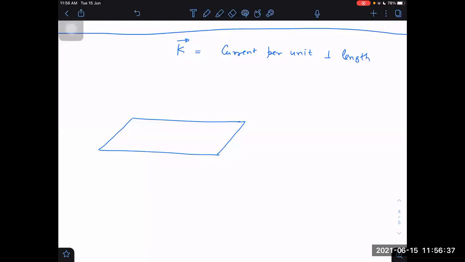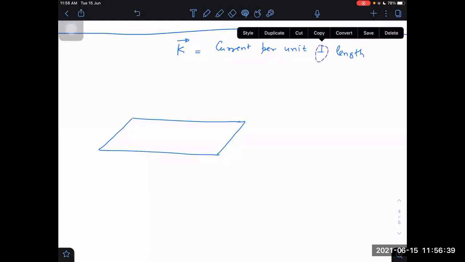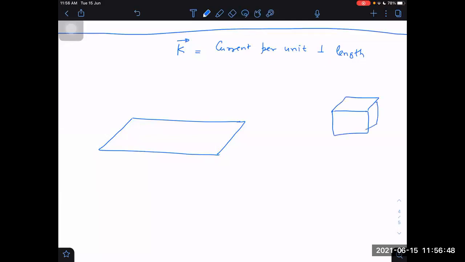Now obviously I can just take a wire and keep making different shapes, and I can keep asking questions. There will be no limit. I can give you a cube, a three-dimensional structure. In the cube, I may ask you to find the field at the center where the current is dividing in a symmetrical way. You have to check whether it will be 0 or not, and if it is 0, why is it 0? This is one question which they ask normally. I have seen it. And there are some other questions which they have not asked so far, but they may make a new question and ask.